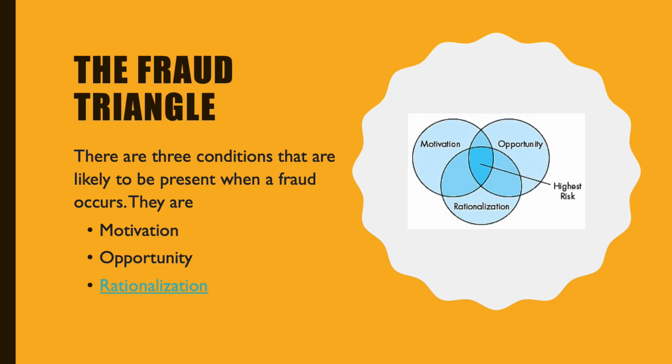The fraud triangle suggests that when these three conditions converge, pressure, opportunity, and rationalization, an individual is more likely to engage in fraudulent activities. It's important to note that while the fraud triangle explains the dynamics of fraud, it does not predict who will commit fraud. To prevent and detect fraud, organizations should focus on breaking at least one leg of the fraud triangle. This can involve creating a strong ethical culture, implementing robust internal controls, and conducting regular audits, in order to reduce the